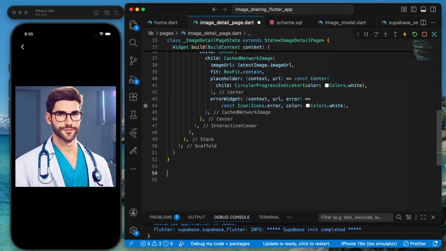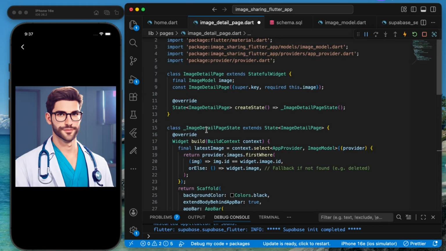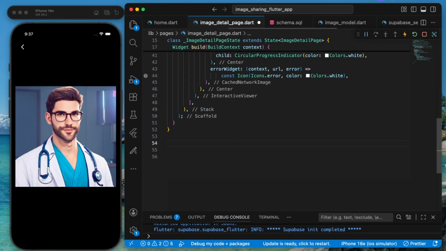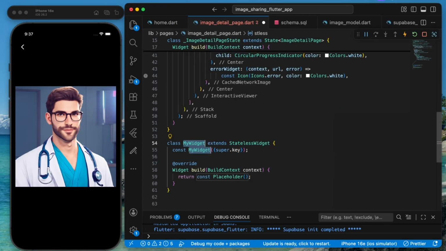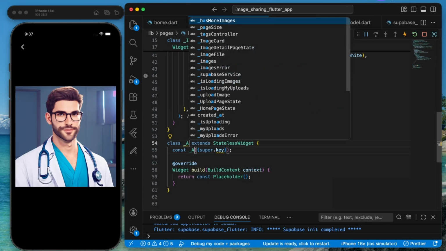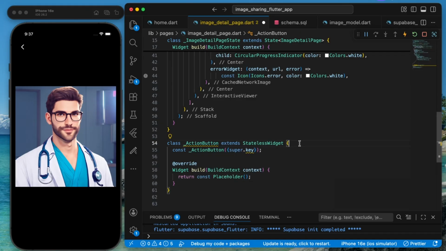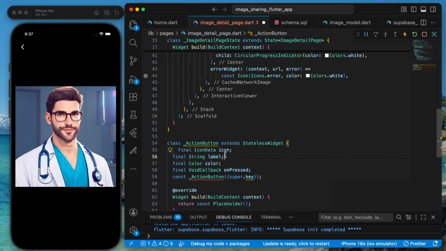After this, we are going to be creating an action widget. We'll be using it for liking the image or downloading the image inside local storage. Let's do it. After our image detail page, we'll be having a stateless widget this time. It will be _ActionButton, and here we'll be having some variables like final IconData icon, String label,